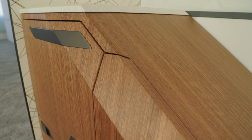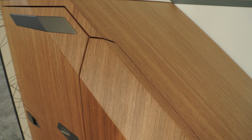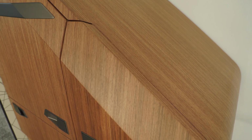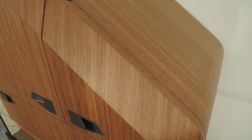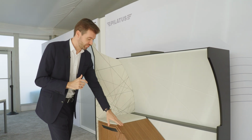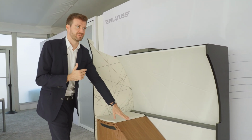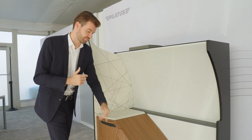So you see here, veneer only oiled, so it's much lighter. There are fewer production steps. It's easier to maintain within service. And you will also see that people have such surfaces within their living room. So if you touch it, you feel the grain still. So there is no synthetic layer on it. It's a natural-based oil,